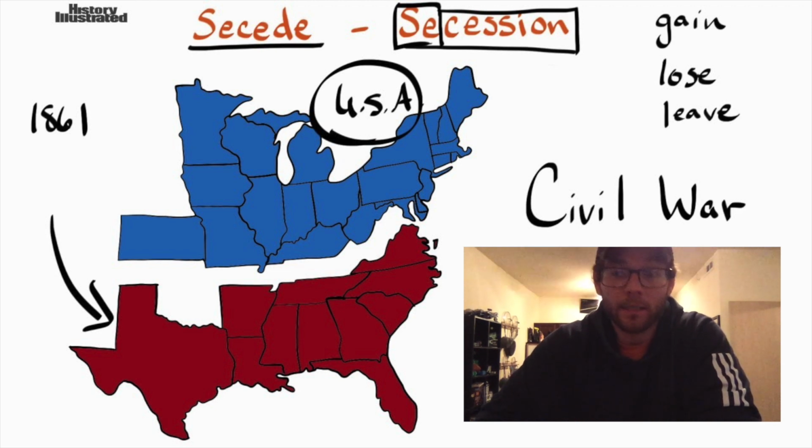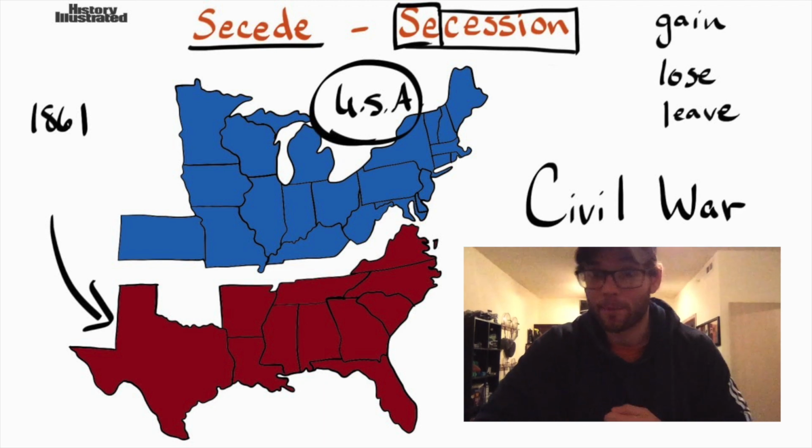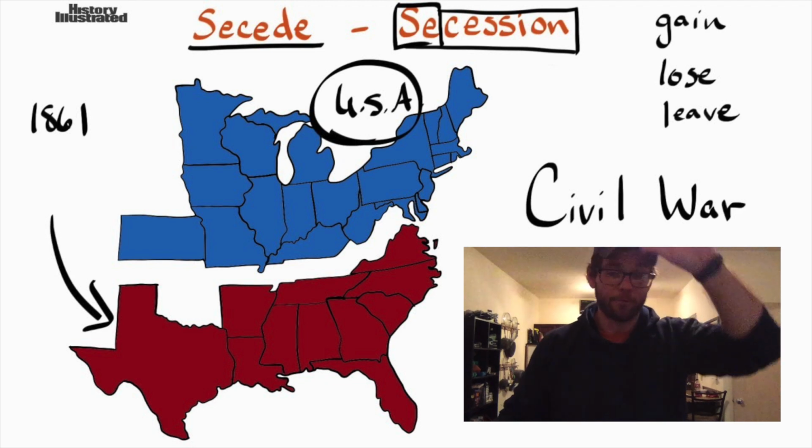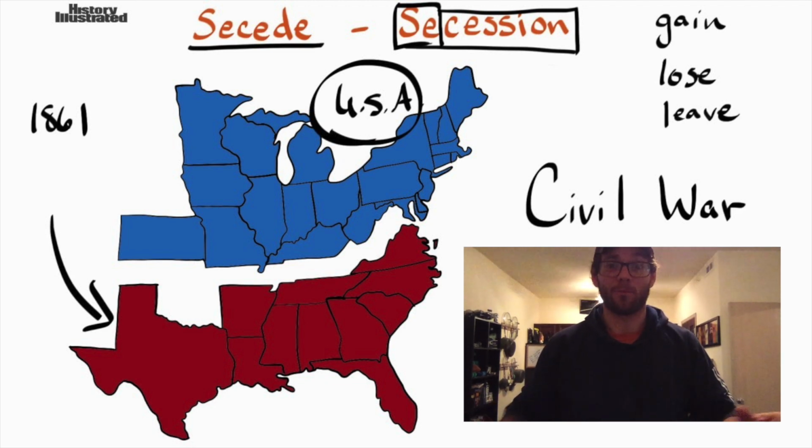But following the lead of South Carolina, where John C. Calhoun, the "I'm going to nullify and get rid of things" person, is from, they're going to be the first to leave. And if you ever need an idea of how to remember some of the first few states that are going to leave the Union,